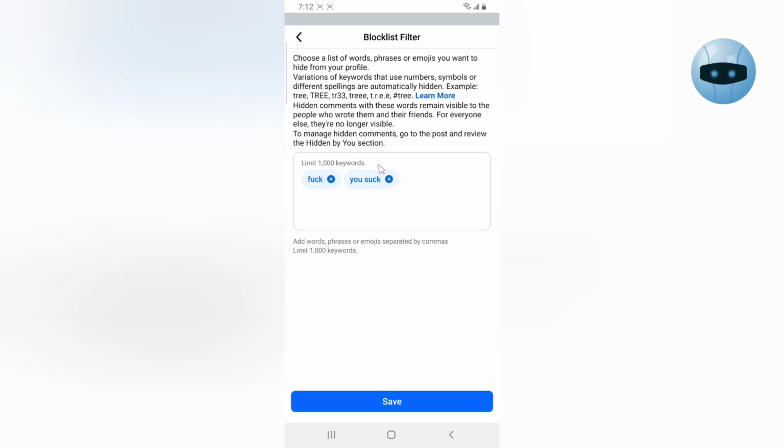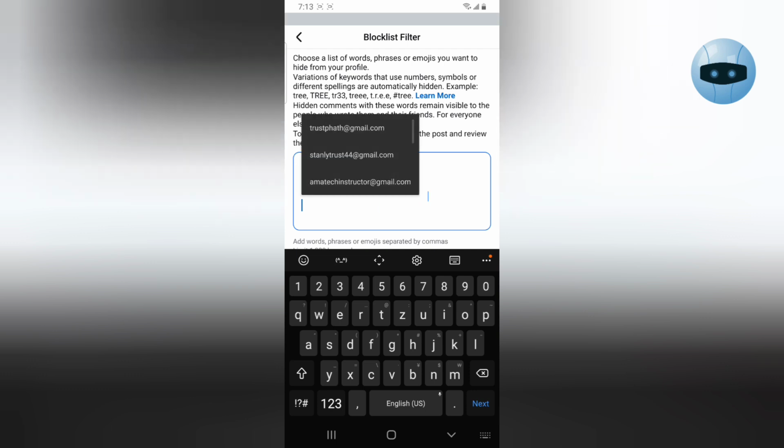You click on that, and once this has loaded up, you are going to see the page area where you can add the words that you do not want to appear. So I'm going to add